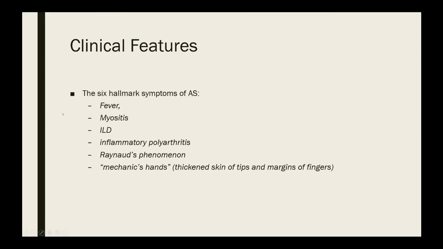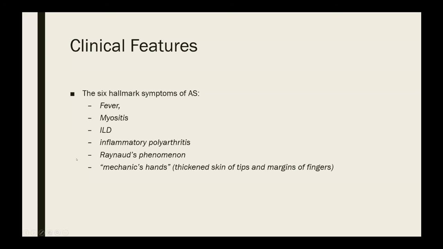So clinical features, the hallmark symptoms are the fever, myositis, interstitial lung disease, the inflammatory polyarthritis, as Dr. Brian Berry artfully picked out, and then the Raynaud's and the mechanics hands, that hyperkeratosis that he mentioned as well. And so I think the very important thing to keep in mind is looking back at a lot of these other case series and case studies, I would say probably most of these patients present with an antibody and one of these symptoms. There's a case series where it was a group of patients who were presented as seronegative rheumatoid arthritis, and they were treated for years until they developed one of the other features, and then they had their antibodies tested, and it turns out they were Jo-1.